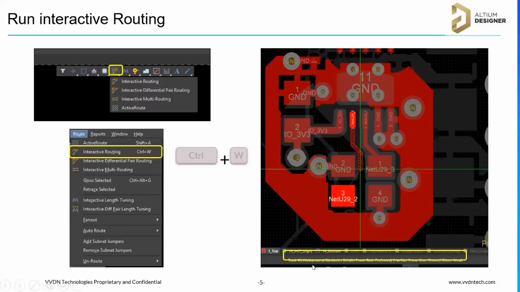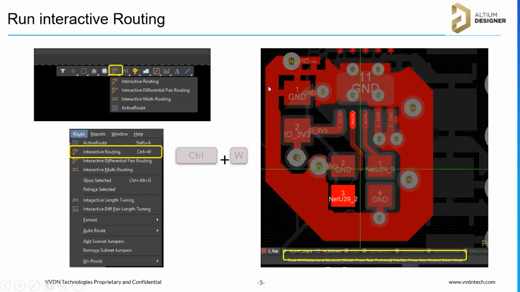And also there is a, okay, this is slightly moved, I think. There's a status bar here at the bottom. It will display which signal we are routing, what the width is, and what the net name is, everything. It will display in the status bar, which will be helpful for us. And there is even a heads up display.